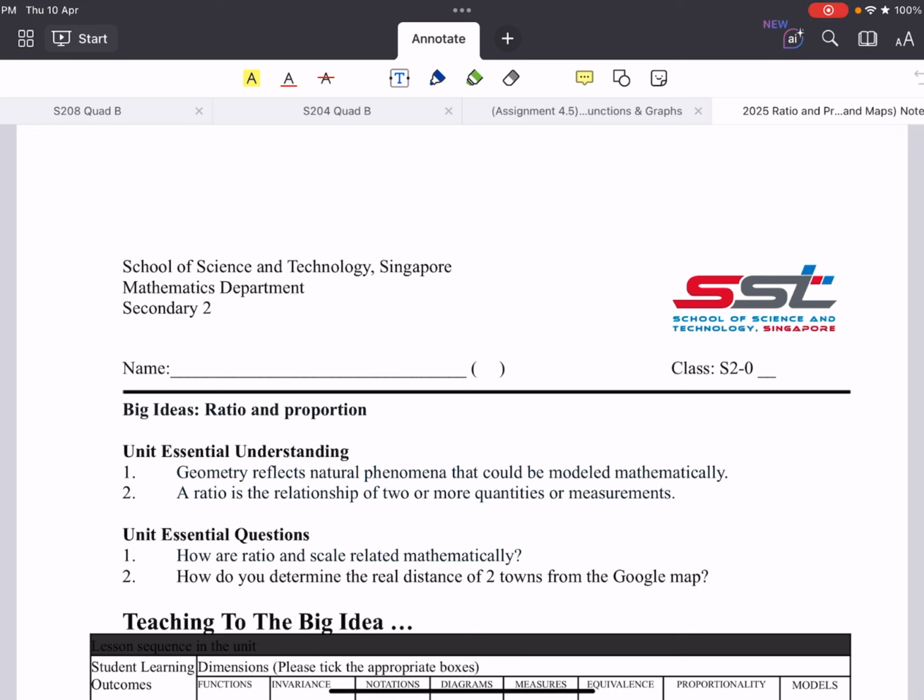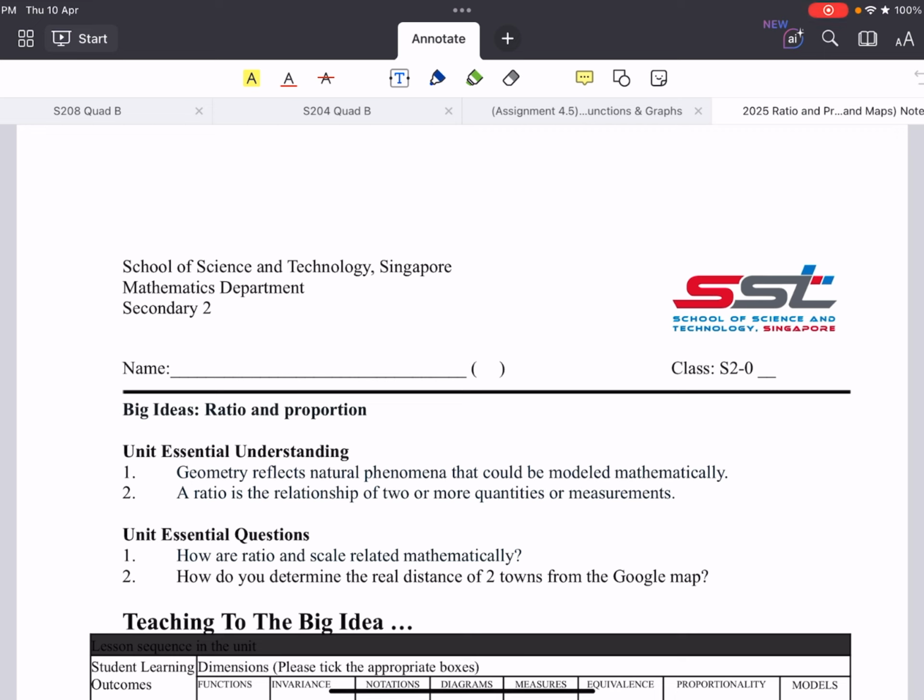We title it Maps and Scales, sometimes called Scales and Maps, but either case is actually a sub-chapter under the big idea of ratio and proportion. So we will actually look into more details with regards to ratio and proportion, but what we are dealing with is that this is a real-life application of the concept of proportionality, because when we deal with maps, there's a